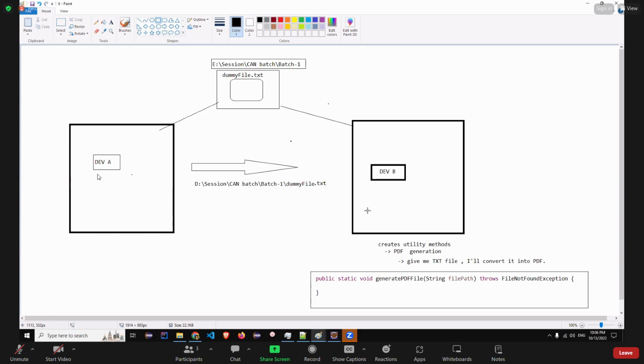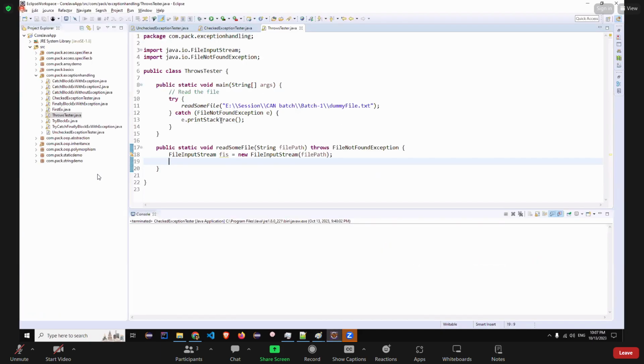अभी हमने थ्रो तो सीखा ही नहीं है, इसलिए मैं सिनेरियो पे आया नहीं हूँ। मैं इस सिनेरियो को आगे यूज करूंगा जब हम थ्रो कीवर्ड पढ़ेंगे। अभी थ्रोस पढ़ रहे हैं। हमने बोल दिया कि जो डेवलपर है वो सिर्फ थ्रोस ही यूज कर सकता है। उसके पास उसको हैंडल ही नहीं करना। उसने बोल दिया भाई मेरे पास तो टाइम नहीं कि मैं तुम्हारे पाथ भी चेक करूं, मेरा काम है तुम सही पाथ दो, तुम्हें पीडीएफ मिल जाएगी, गलत पाथ दोगे तो खुद हैंडल करो, मैं तो वहीं से थ्रो कर दूंगा। मैं ट्रैकर्स लगा के और चीजें रिटर्न नहीं करने वाला।